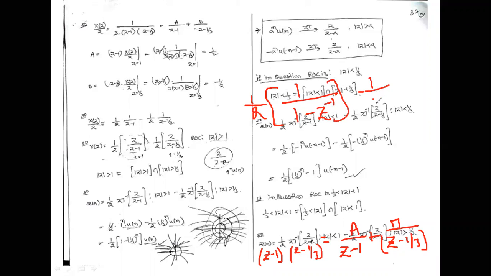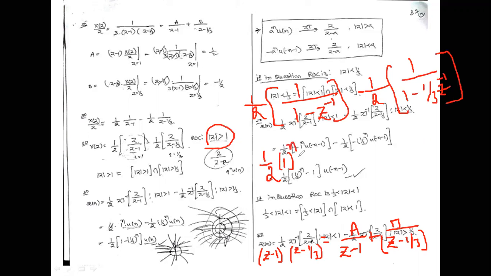And the second function becomes 1 by 2 into 1 by 1 minus 1 by 3 z inverse. Since the ROC is z greater than, you can write all the functions in terms of mu of n only. 1 by 2 into, what is the a here? 1. So 1 power n mu of n, minus 1 by 2 into, what is the a here? 1 by 3. So 1 by 3 whole power n mu of n is the inverse z transformation